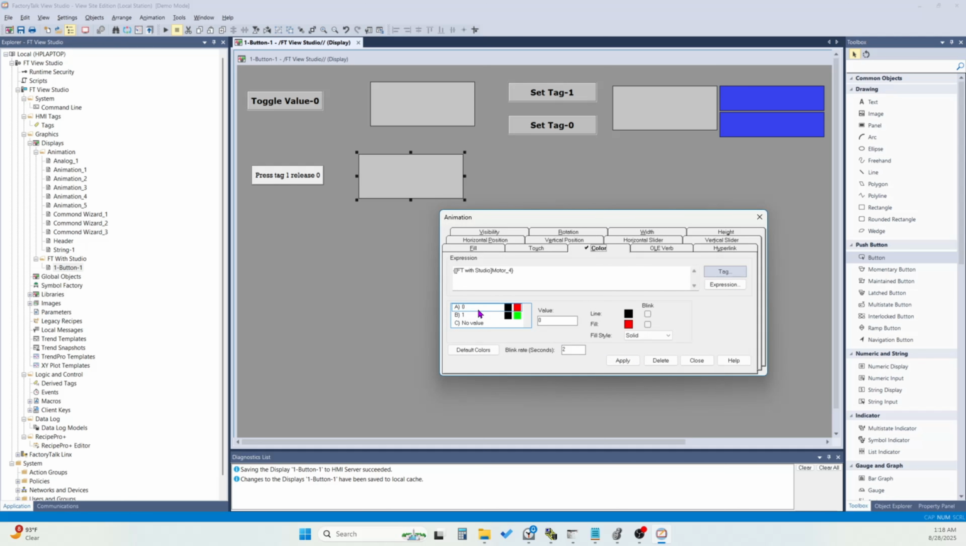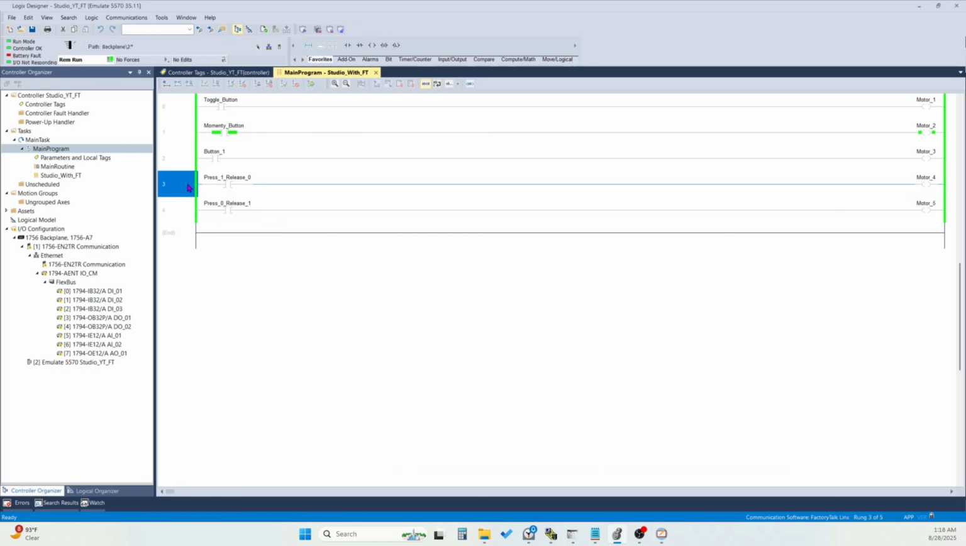because whenever the button tag is 1, on that time, but sorry, one thing here: the motor tag should be 5, because press tag to 1 is 4. Okay,